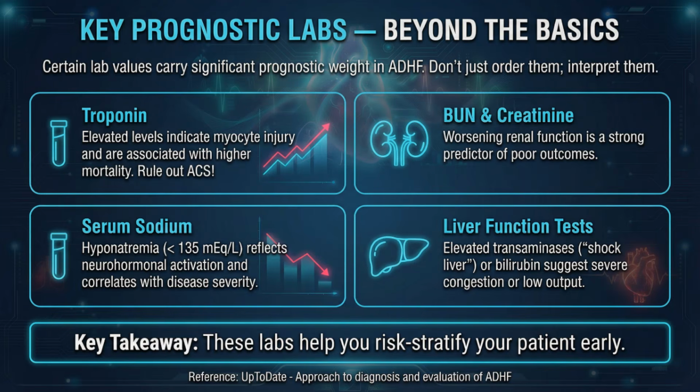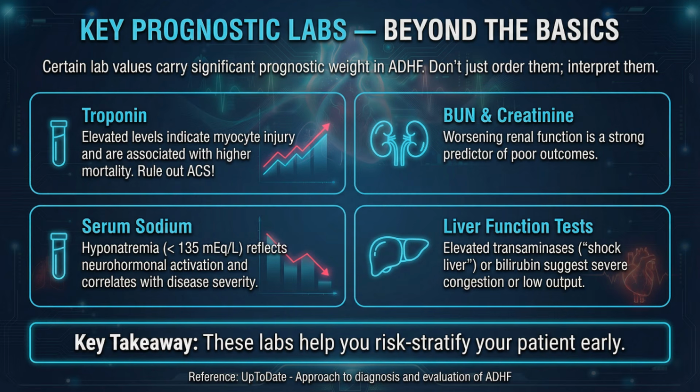Beyond your basic labs, several key markers help you risk stratify your patient early. Don't just order them. Understand what they mean. An elevated troponin indicates myocyte injury and is associated with higher mortality, but remember to always rule out an acute coronary syndrome. Worsening renal function, reflected by a rising BUN and creatinine, is one of the strongest predictors of poor